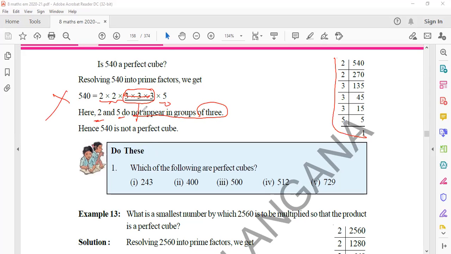So 3 sets it should become. When you're taking 540's LCM, the numbers should become groups of 3. Only here 3 numbers we have, 3 pairs. Others should not be there. It is 540. It is not a perfect cube. So I think the answer is clear. Okay, thank you. Now let us go to the next